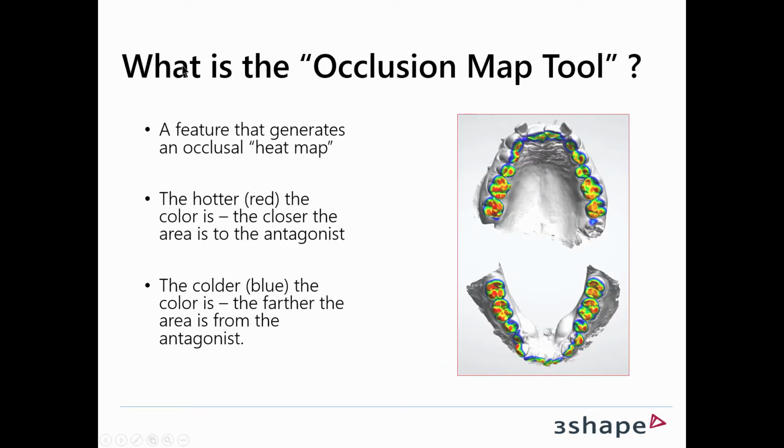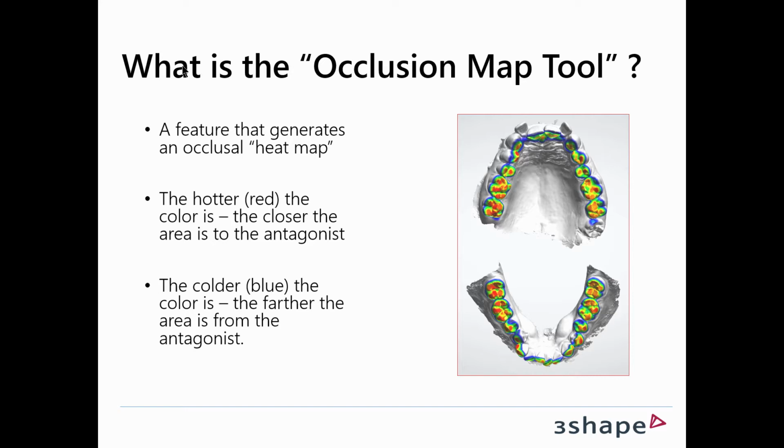So what is the Occlusion Map Tool? Well, it's a feature that generates an occlusal heat map, as you can see to the right here. The hotter or red the color is, the closer that area is to the antagonist. And as you can also see here, the colder or blue the color is, the farther the area is from